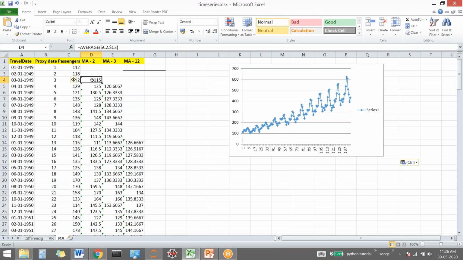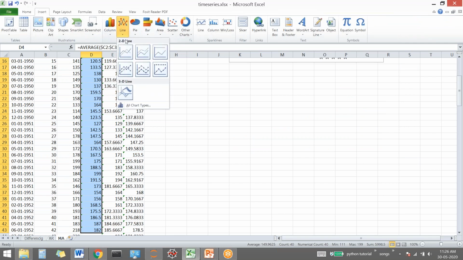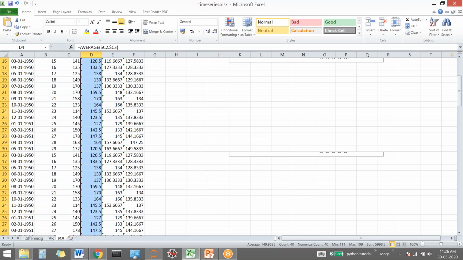Now if I'm making the plot for moving average too, it is a kind of moving average, because हमने values average out किए हैं. So it will help me see. You see the series is not stationary. It is still following an increasing trend.